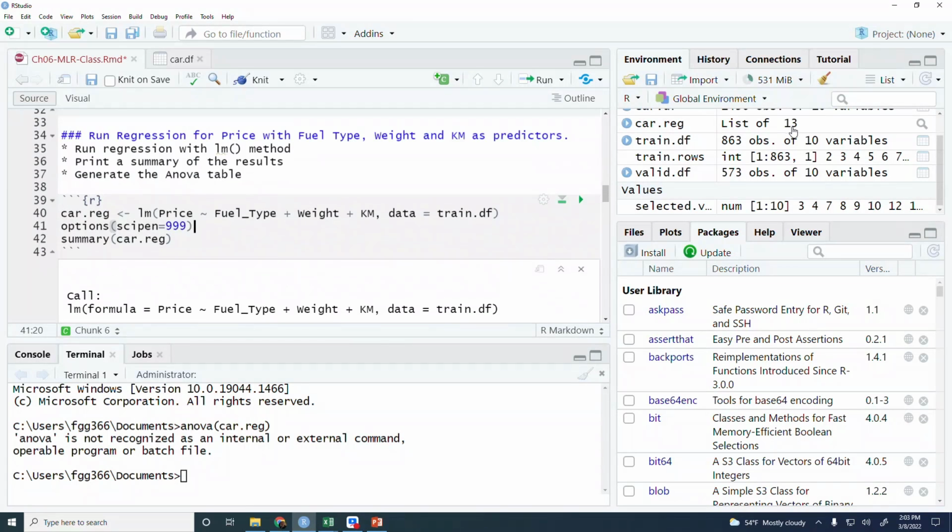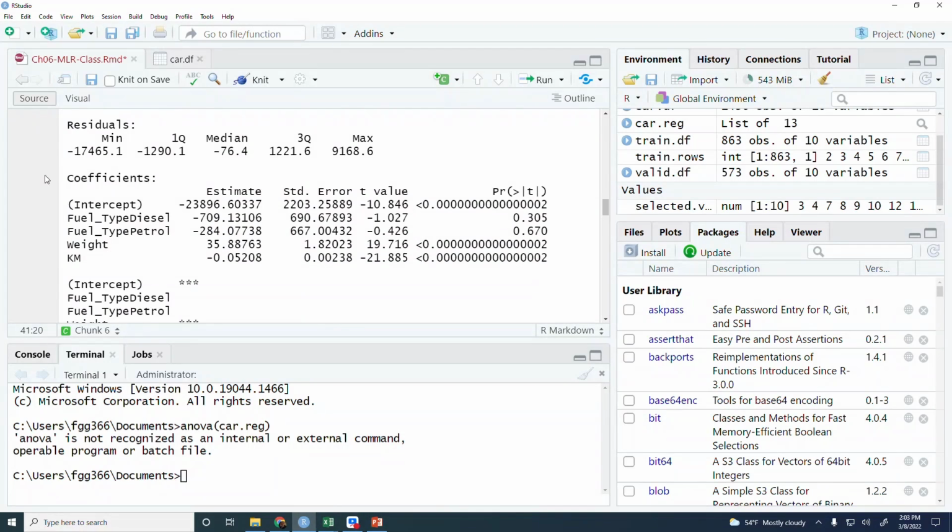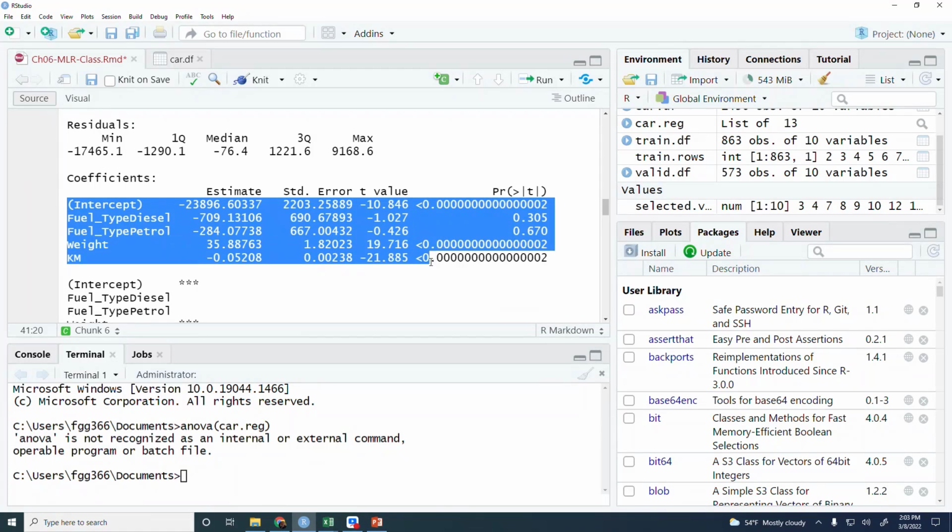Oh, well, okay. I'm going to copy that. So we're going to copy paste the coefficients. All right, so copy that